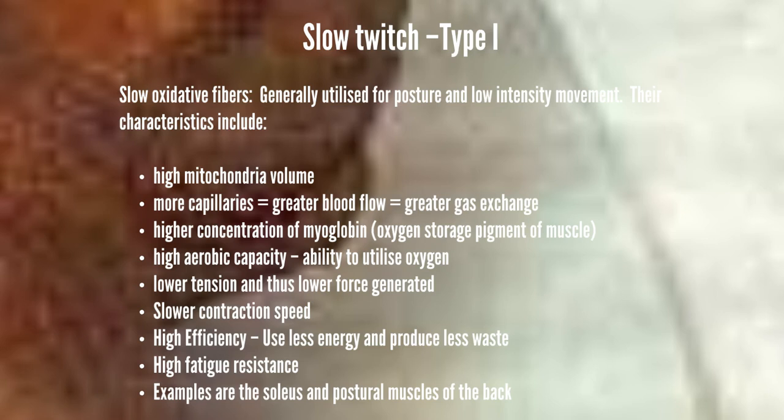Probably the downsides of them is they have lower tension or strength and power than the fast twitch fibres. And they take a little bit longer, about double the time to contract. It's not long, we're talking milliseconds here, but it does have a role in the way in which we selectively recruit fibres. And if you go quickly into a contraction, of course there may not be time for slow twitch